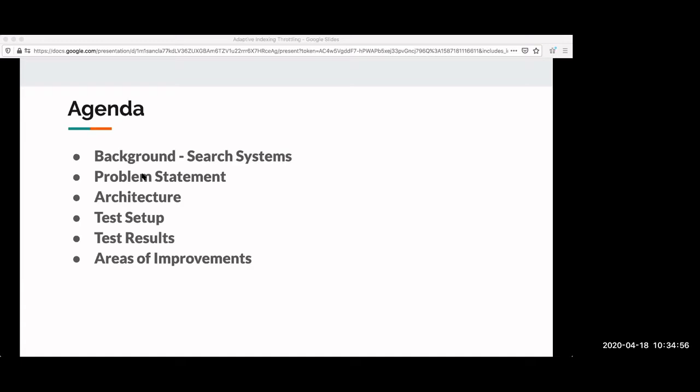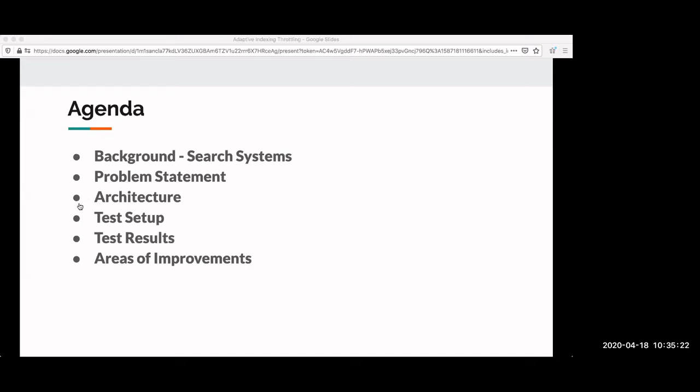A typical search system is like, suppose you go to Myntra and you type Nike men blue shoes, and then Nike men blue shoes products or styles show up. So that is a typical search system where a user query, Nike men blue shoes, is the input, and the output is the relevant products or relevant documents, relevant styles, whatever you call them. So that is the input and output for a search system.